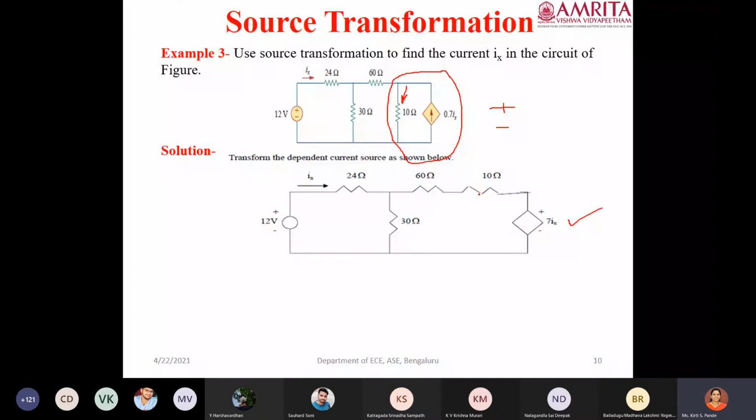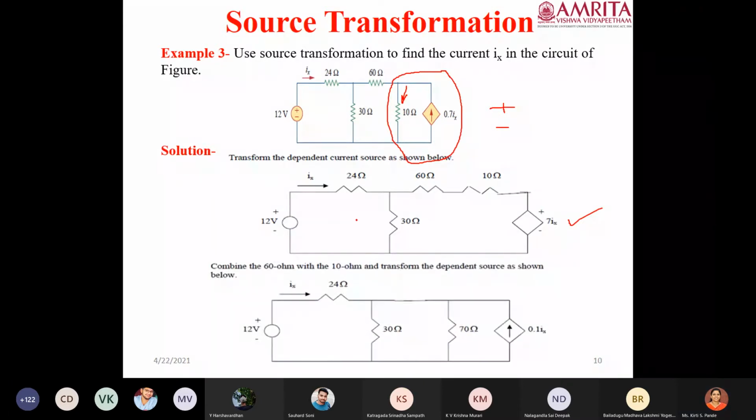Yes, ma'am. Yes, so now what else can you do over here? You can apply something like this. So you have a voltage source in series with the 70 ohms resistor, correct? Yes, ma'am. Again, I can apply source transformation once again, so that I will get a current source, correct? So that means it will give me this. This is voltage, this is resistance. So 7.